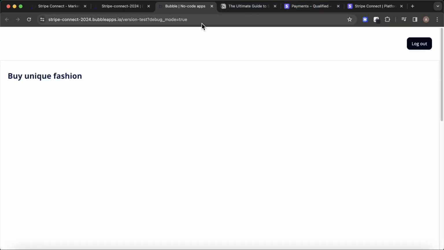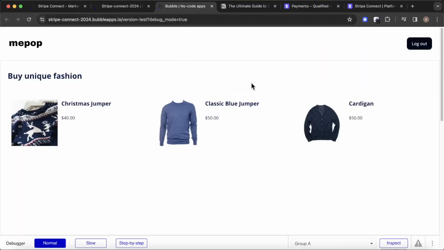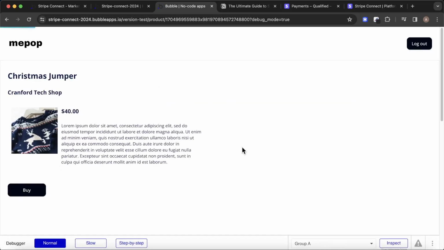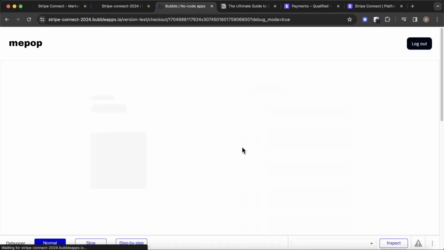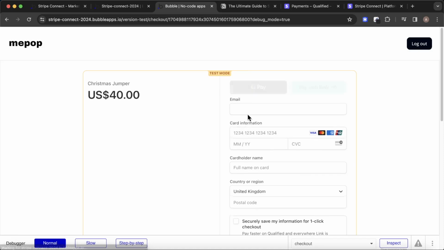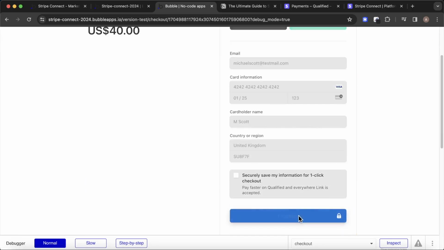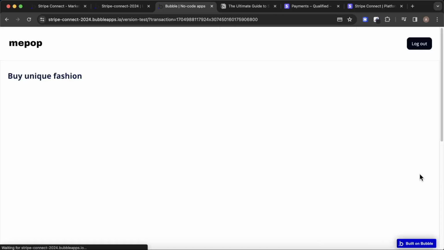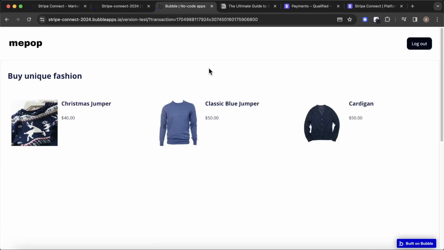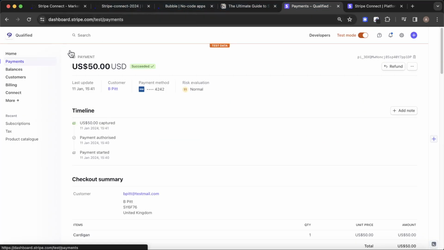we can see how this works on a Stripe dashboard end first of all. So let's say we want to buy this Christmas jumper. As a customer, we're going to click buy. Fill out the details really quickly. And at their end, let's click pay. We're brought back to our homepage, but if we look at our Stripe dashboard and look at our payments,